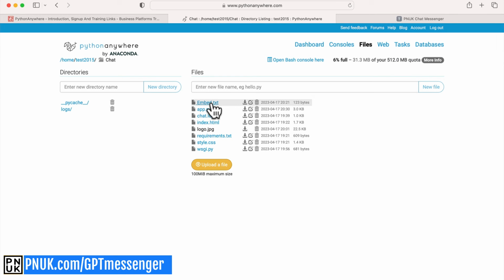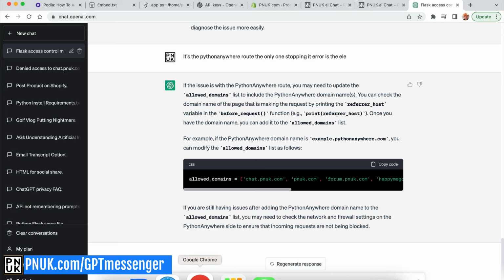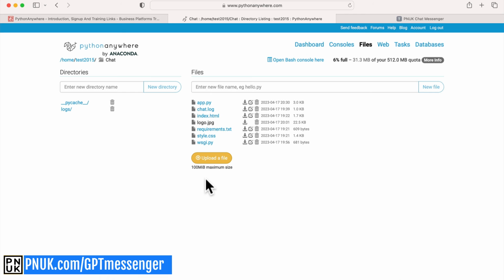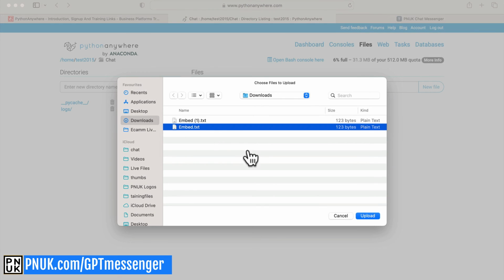Now, what I have done, let me delete this because I've been messing about a little bit. Back in the training, the embed code, if you go back to the course, the last one now, for some reason, Podia also won't let me share a simple embed code. So download the embed code. It's actually not a bad thing that this will keep it in a place that you know where it is anyway. If you upload a file, upload the embed you've just downloaded,